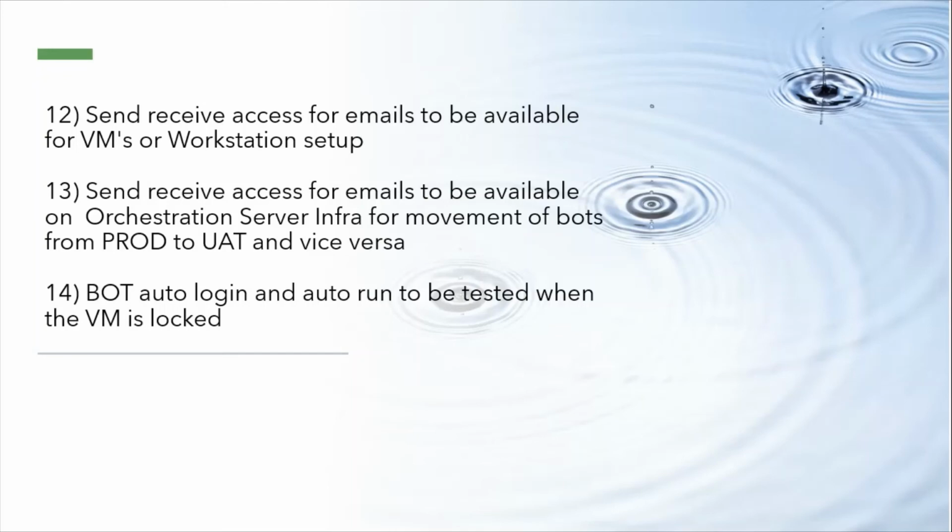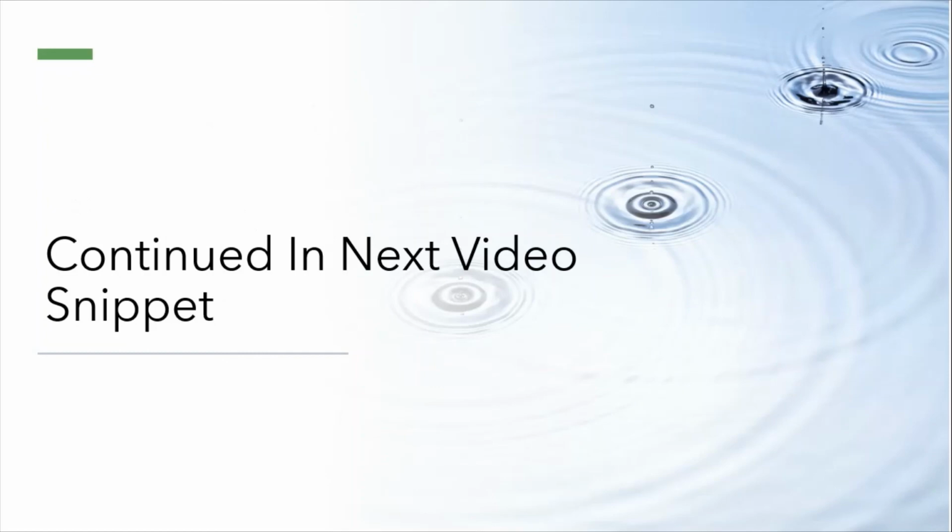With VMs, ensure that the bots auto login and auto run on these particular infrastructure. Now, often the VMs do get locked because of the group policies. You can have this group policy removed as per the IT team review. However, if it is a part of your security assessment, then ensure that your bots auto login as well as auto run. Now, once that is tested, I think you should be in a better place to go ahead and run bots effectively. For now, I've got these points to help you maintain your RPA infra.